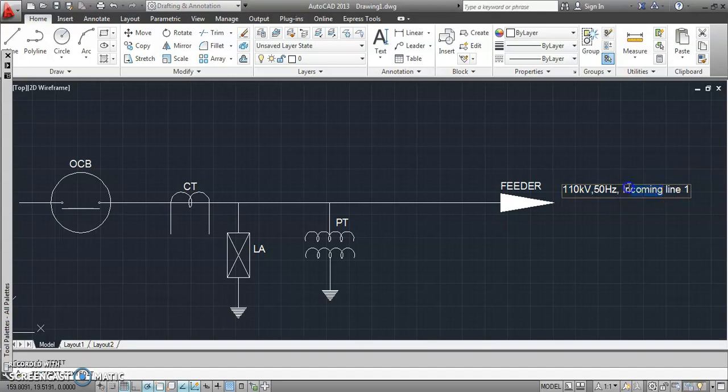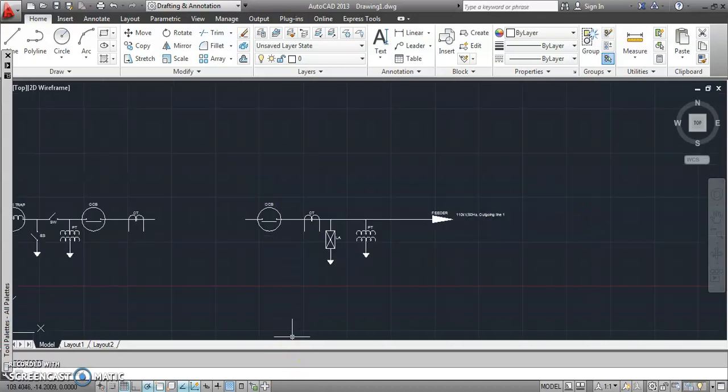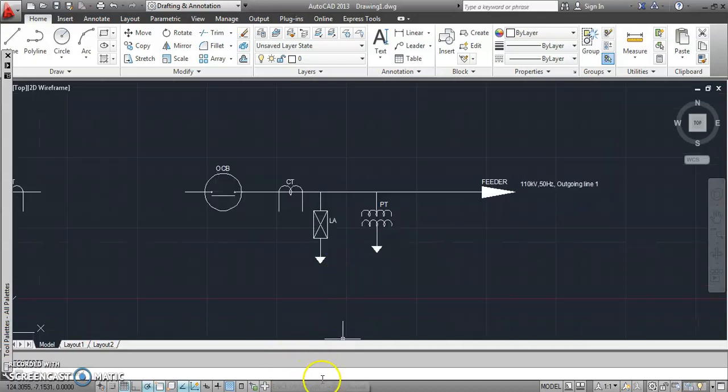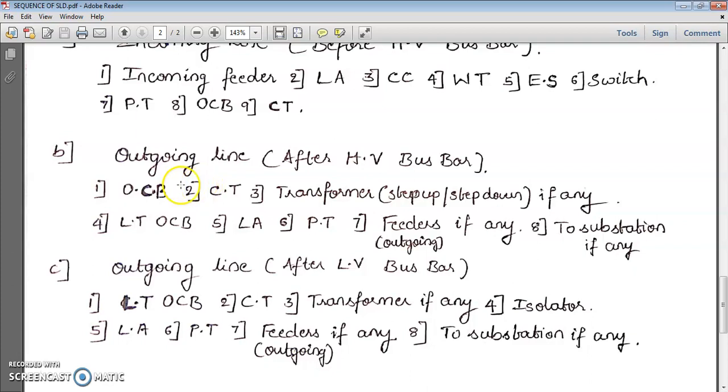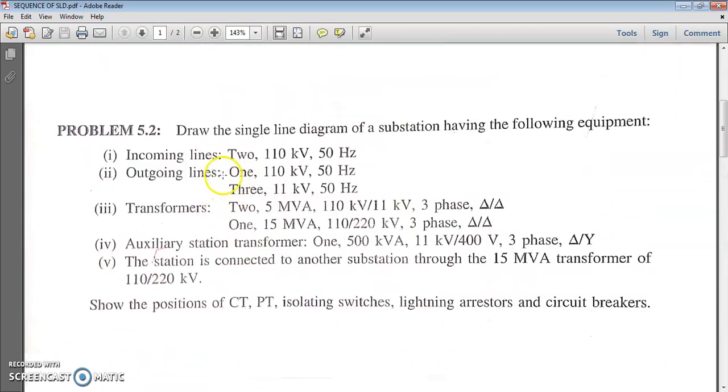Instead of incoming, you just remove incoming and type outgoing, like outgoing line 1, right? Okay, then click anywhere else. So this is 1. Okay, now this is all done with respect to the problem. Next, what do we have, see, this is what we have drawn, 110 kV 50 hertz.